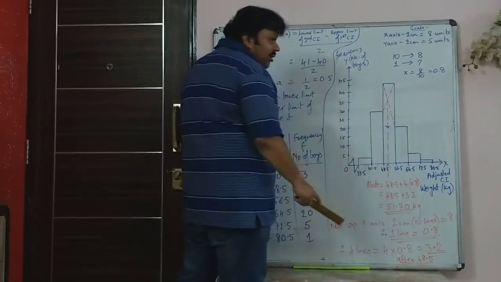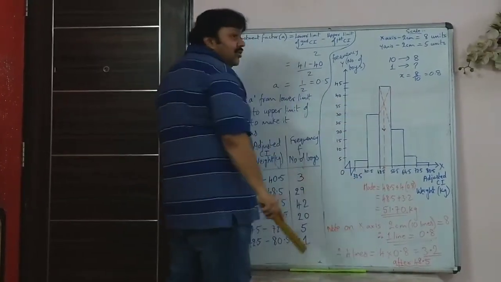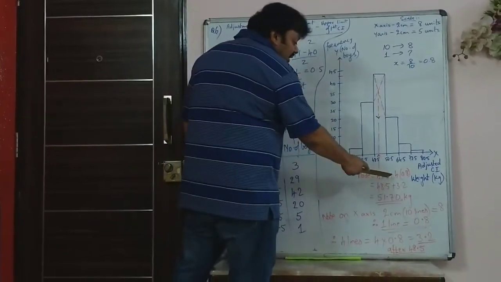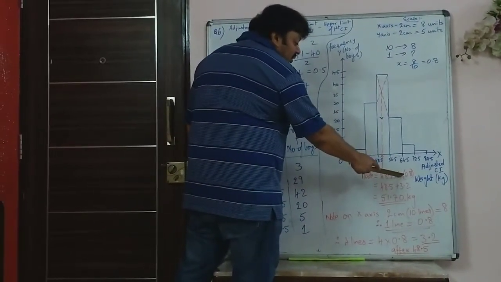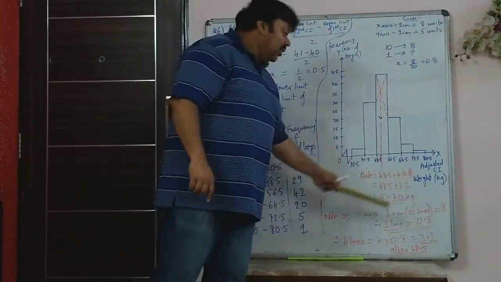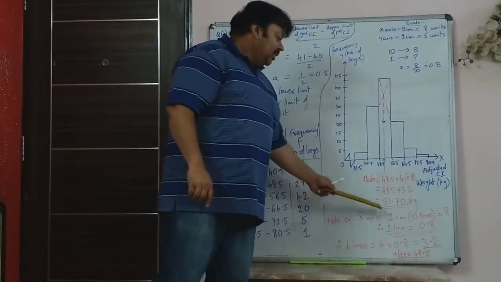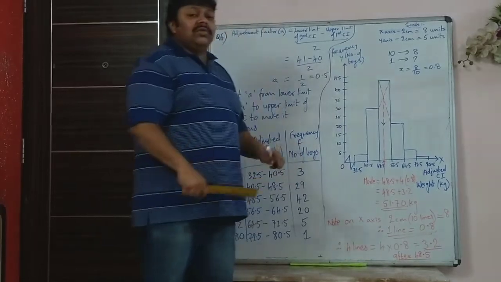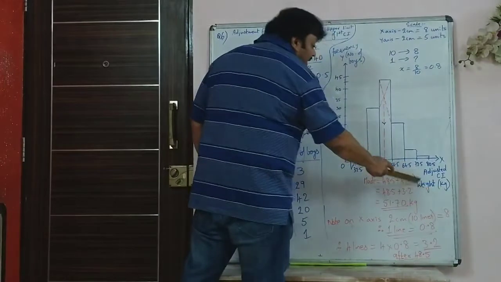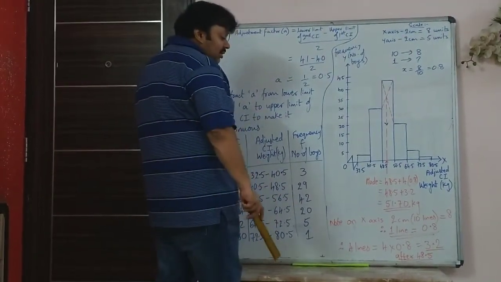So after 48.5, since this line which is drawn to find the mode is 4 lines after 48.5, you will write 48.5 plus 4 times each line, 0.8. So it will be 4 into 0.8, so 48.5 plus 3.2. That will come to 51.70. And here, what is it showing? It is showing the weight in kg. So that is the mode. That is the answer for the mode,